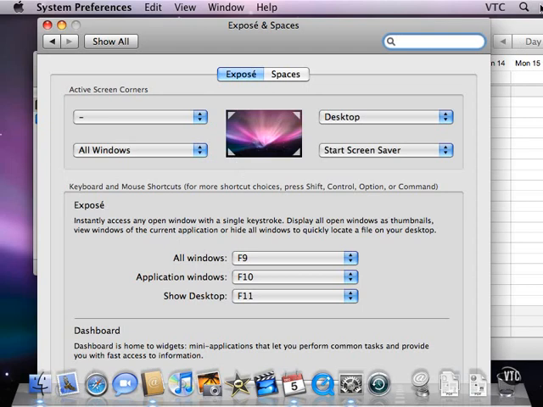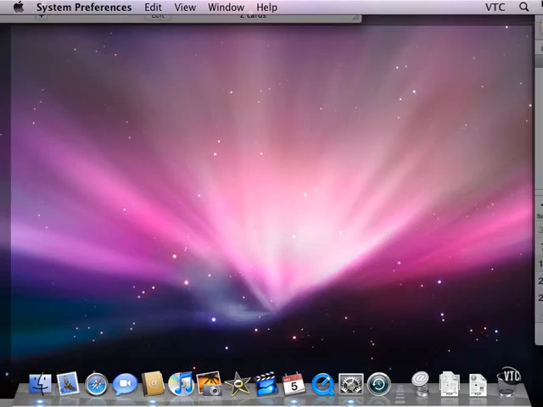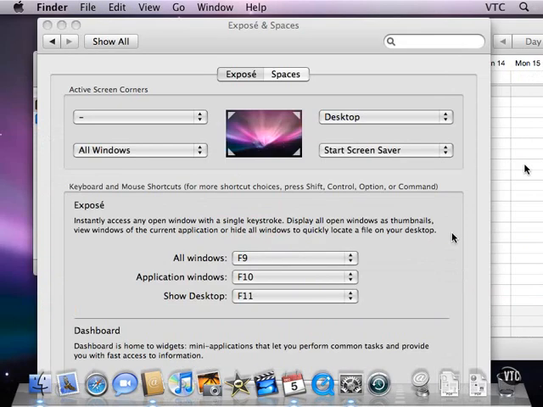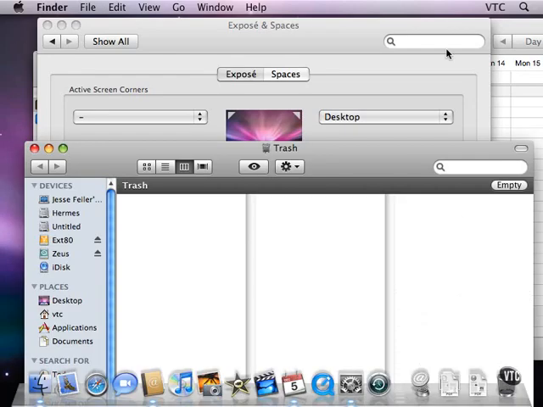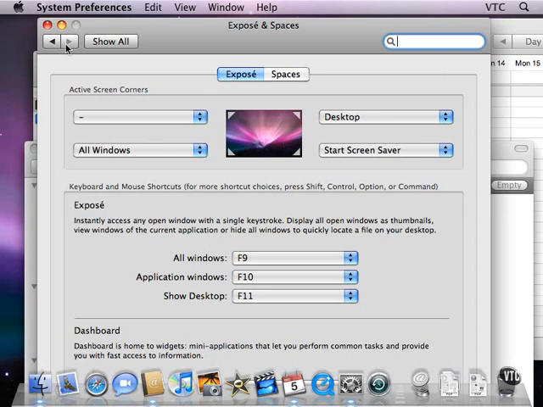Up here, when I get to this corner, I see the desktop. If I come down here to the lower right corner, I will start a screensaver. And the reason that the screensaver didn't quite take the first time was because I had to get right into the corner. And this is the screensaver that reads an RSS newsfeed. Now I'll click back here and come back, and if I minimize